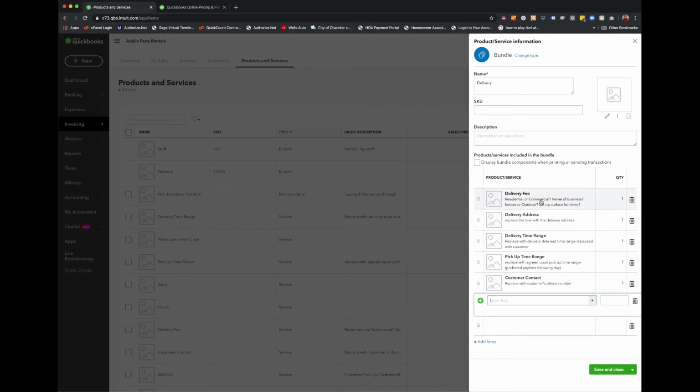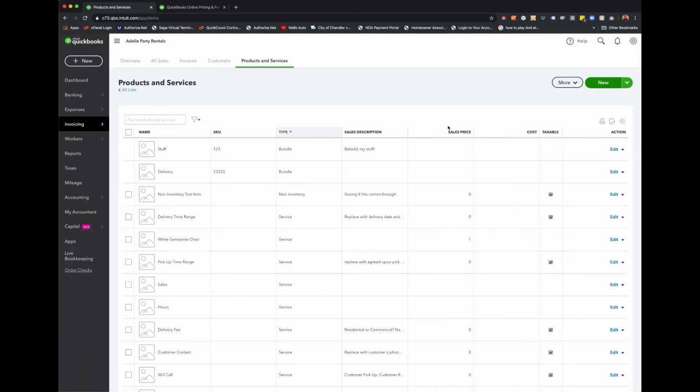And that's it. So now you have 5 different line items all combined into one item. And when you go to add this to an invoice, all of these are going to populate right away so that you can start filling in the information for each of these in the description fields. Okay. And once you save and close that, I'll show you how it looks. I'm not going to save and close it right now because I've already created this bundle item. So let me just get out of that and let me show you how it looks when you actually go